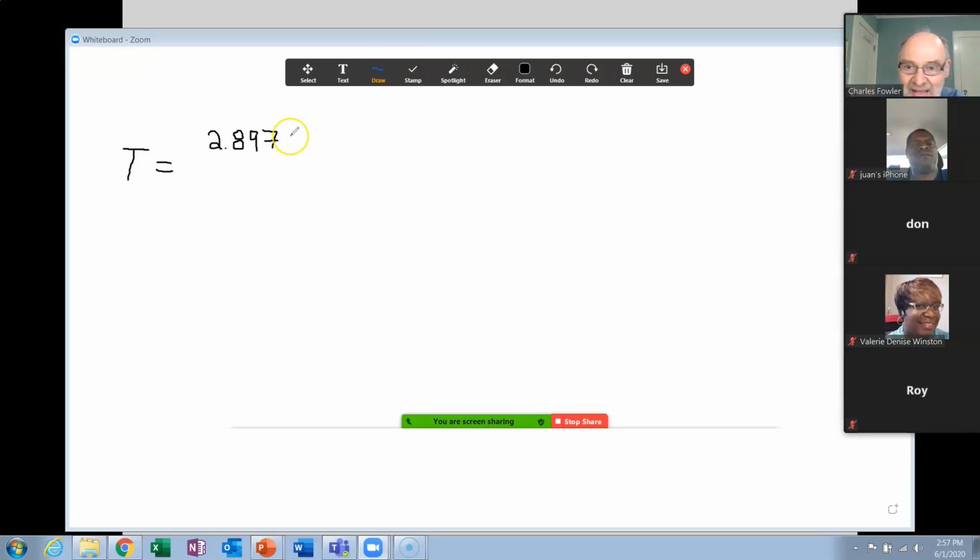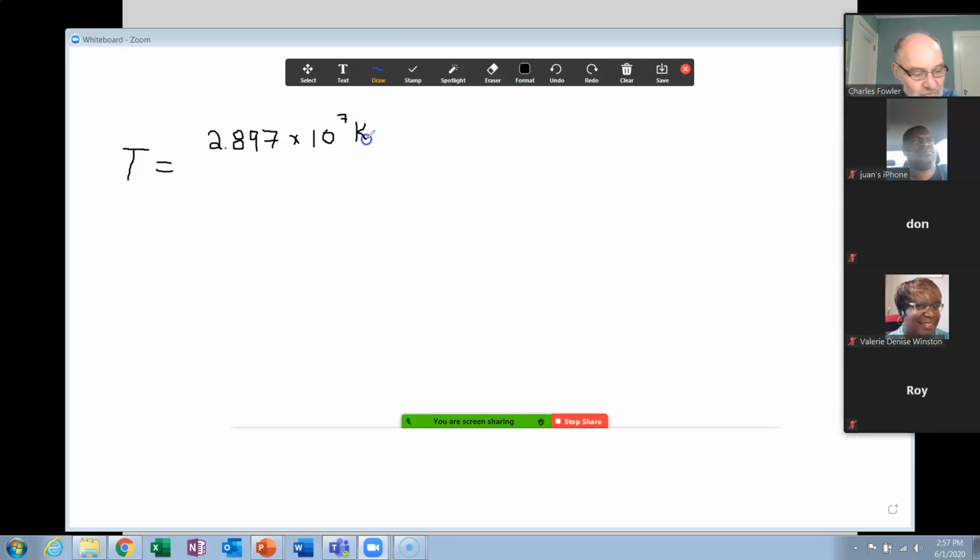Okay? Times 10. Now, in the book, if you're on page 360, they left off the exponent here. Times 10 raised to the 7th power. They left off the 7. So if you've got a book, write that 7 in there. Now that number there, 2.897 times 10 to the 7th, has units of